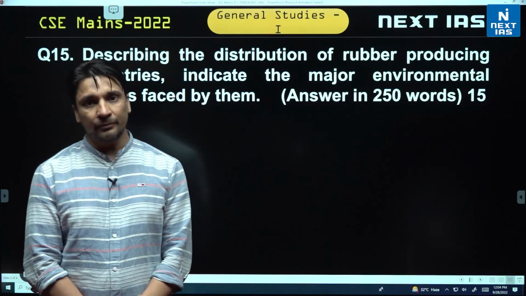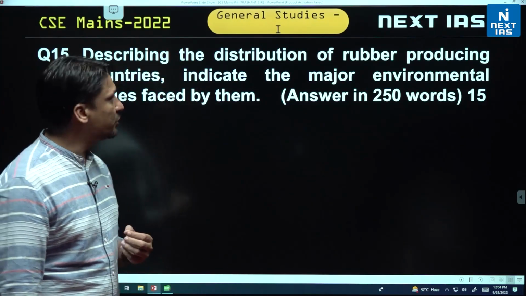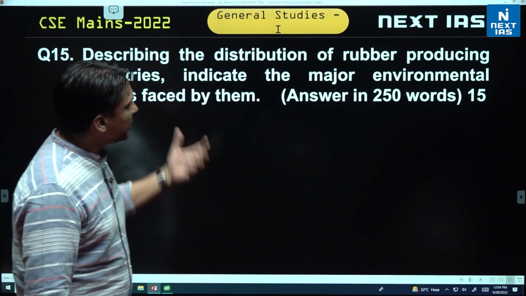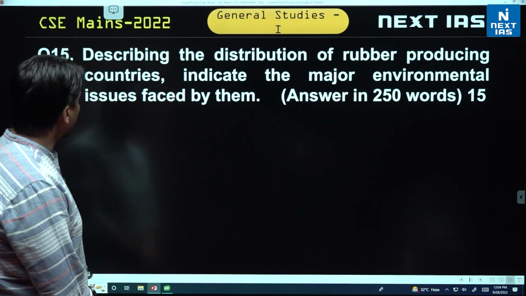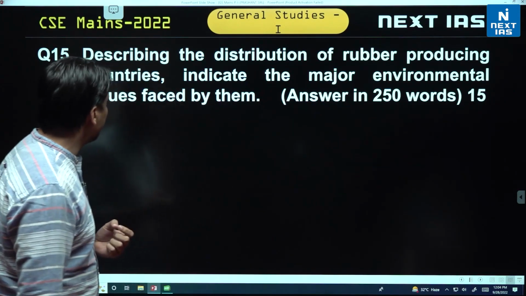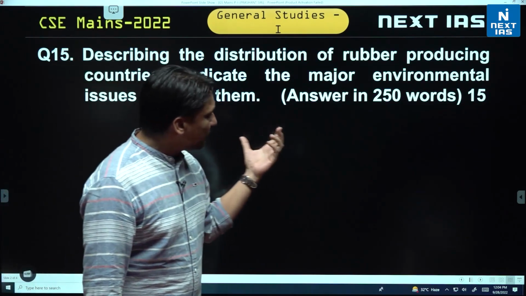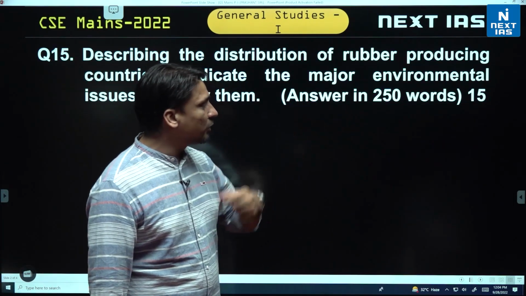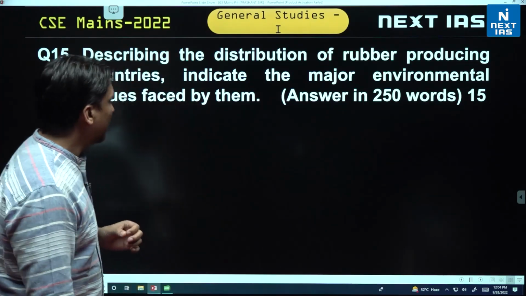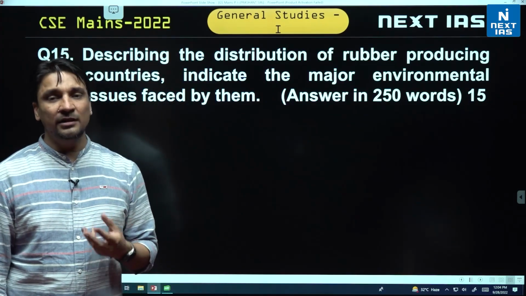The first question which was asked in the Civil Services Mains Examination 2020-22 in paper 1 from geography was: describe the distribution of rubber producing countries and indicate the major environmental issues faced by them. You were supposed to write the answer of this question in 250 words, and total marks allocated to the question were 15. So the answer to this question was supposed to be given in 3 parts: